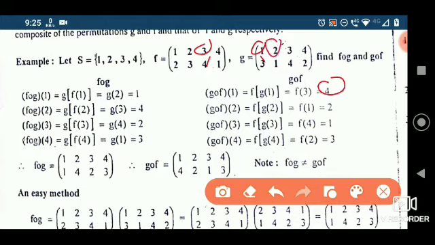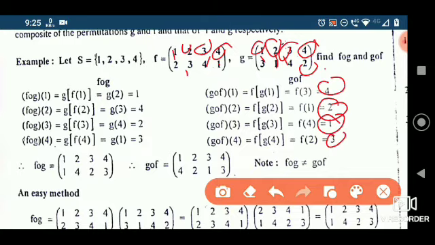Now second point 2, g takes 2 to 1, and f takes 1 to 2, so 2 is the answer. G of 3, g takes 3 to 4, right, and f takes 4 to 1, so 1 is the answer.